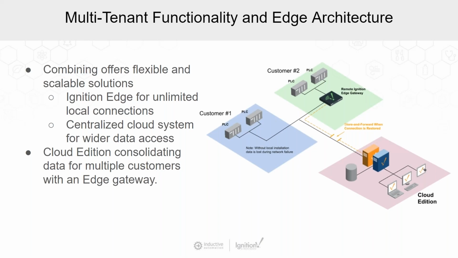What I really mean by that is you could picture if I've got here in kind of the pink area, I've got a full Ignition server. It's a redundant pair with a centralized database. And if I said, all right, I'm going to manage a bunch of customer sites, well, this blue area here represents a customer site that has individual PLCs. And those individual PLCs, let's say they're Allen Bradley. So now from Cloud Edition, I'm supposed to connect to these PLCs. How? Do I need to set up some VPN tunnel from the cloud directly to these PLCs to pull?